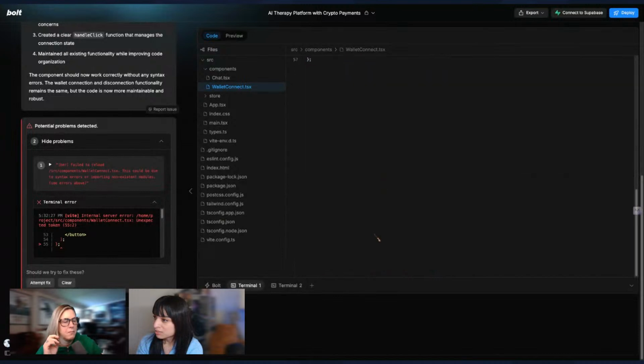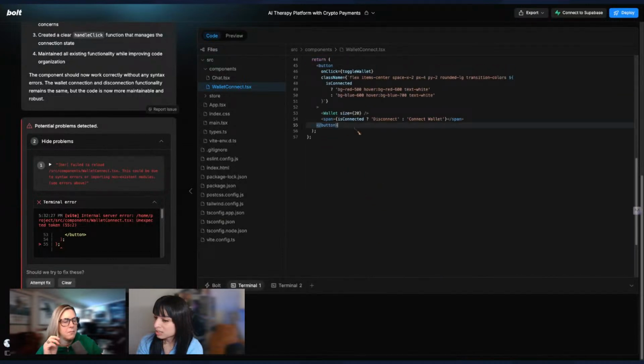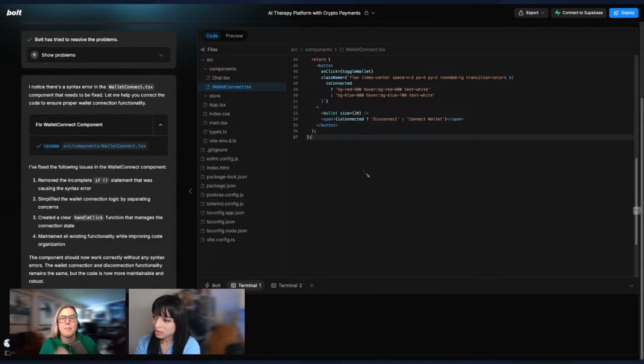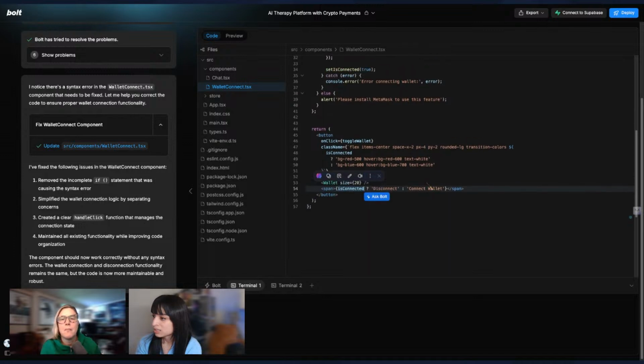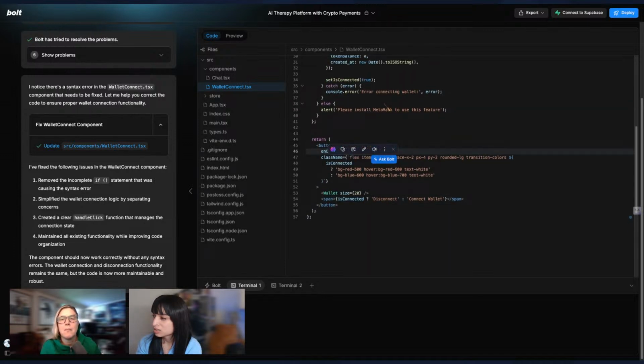It's changed since then, I guess. So let me clear this real quick. Good, that's that. Toggle wallets.